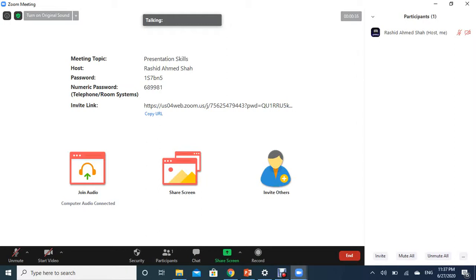Even though your password and ID are mentioned on the screen, you can copy this link, and they can easily access it through this URL. You can also copy it from here and paste it somewhere else, and they can easily access it.